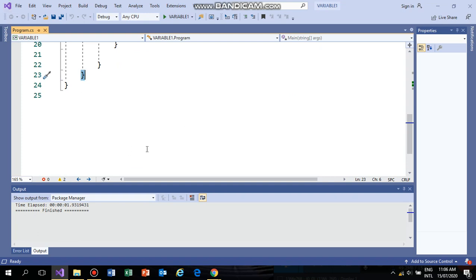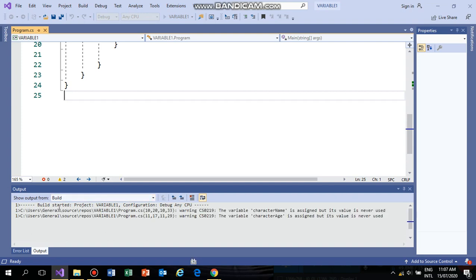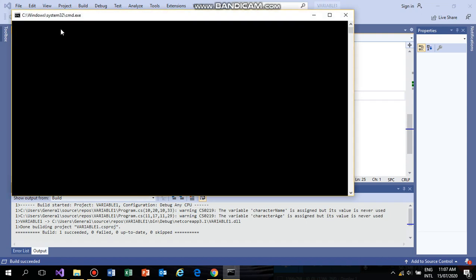Now we are going to see the output of this program by pressing Ctrl F5. This is the shortcut key, or you may debug from here and start debugging. After that we have the output display of this program because our program has been built now. See, there is the output. There was a man named Sam. He was 25 years old. Sam likes driving but didn't like being 25.